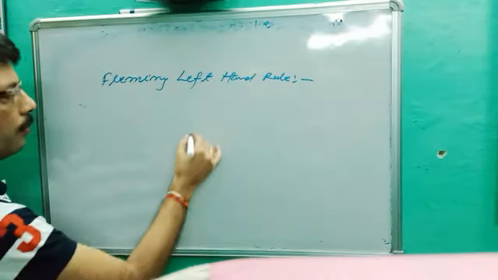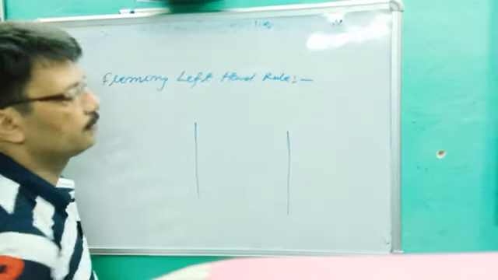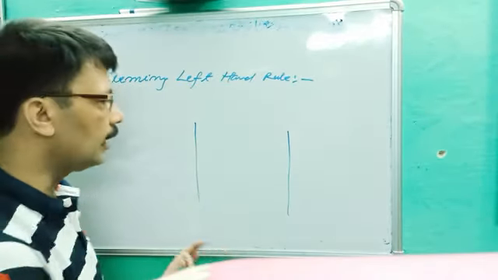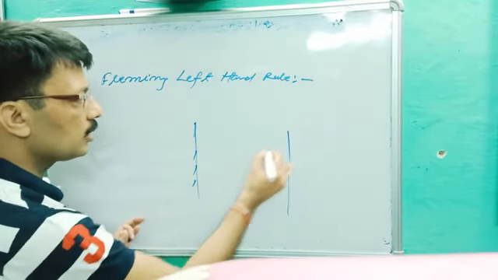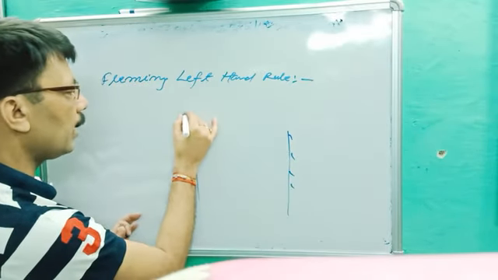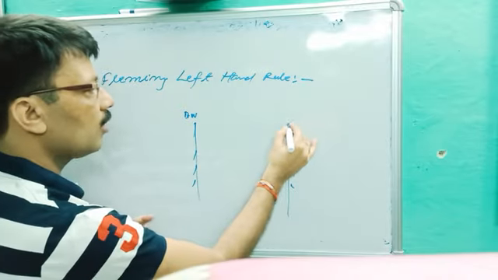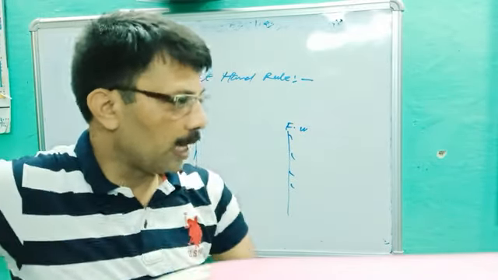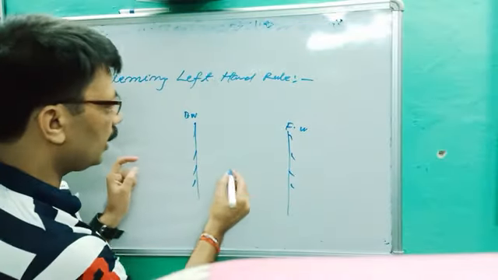Suppose you are sitting in a chamber. Listen to the question carefully. This is the chamber, and this is the back wall, and this is the front wall. You are sitting like me, okay? As in, this is the back wall and this is the front wall. You are sitting in a chamber.